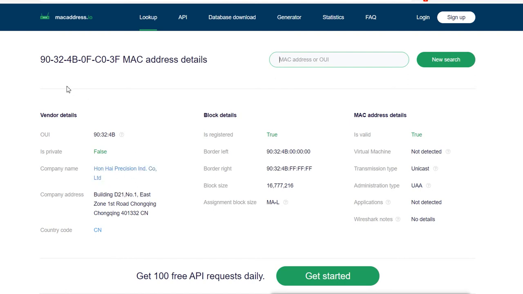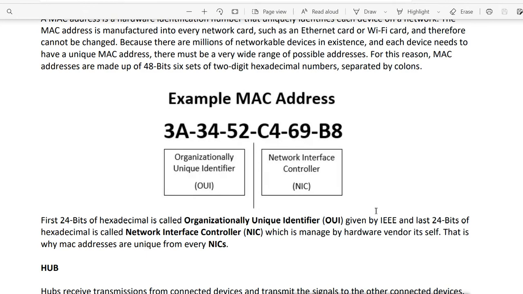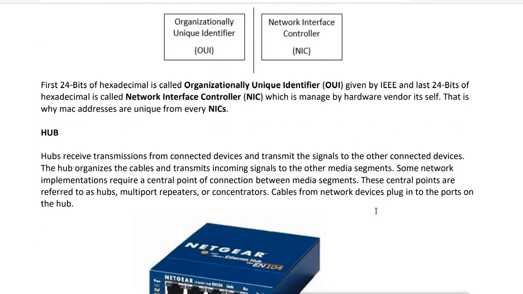This is because of these first 24 bits, as you can see, 90 32 4B. They have the border left and border right, you can see here. From here to here is the range of MAC addresses given to them by the IEEE. It is also showing me the address of the company. So this is how these MAC addresses are unique for the LAN card.